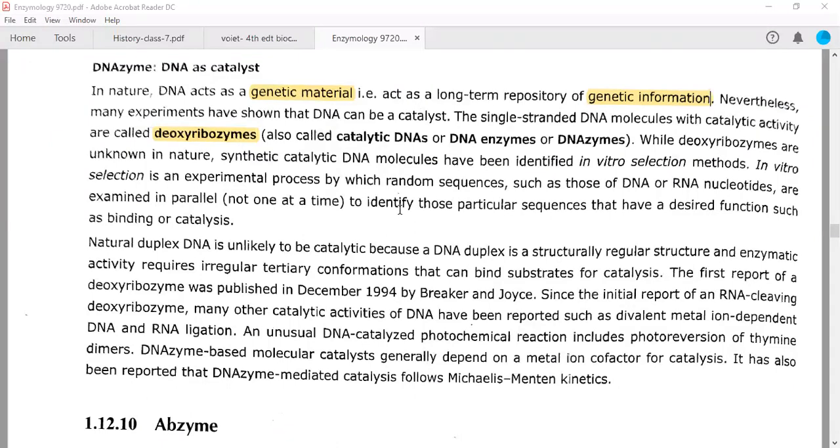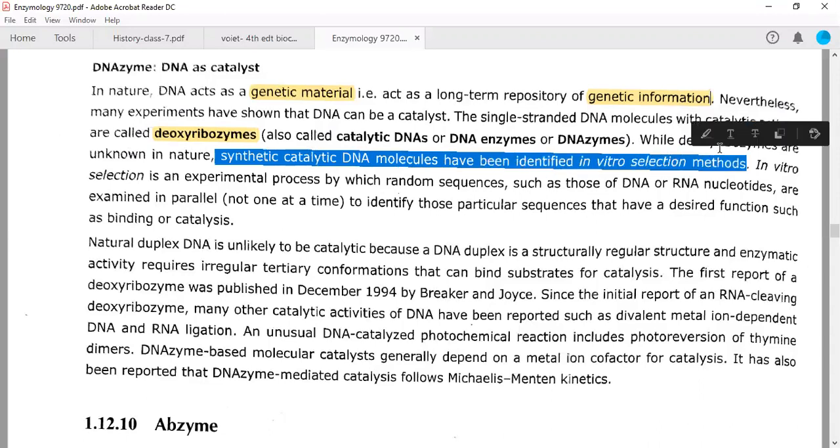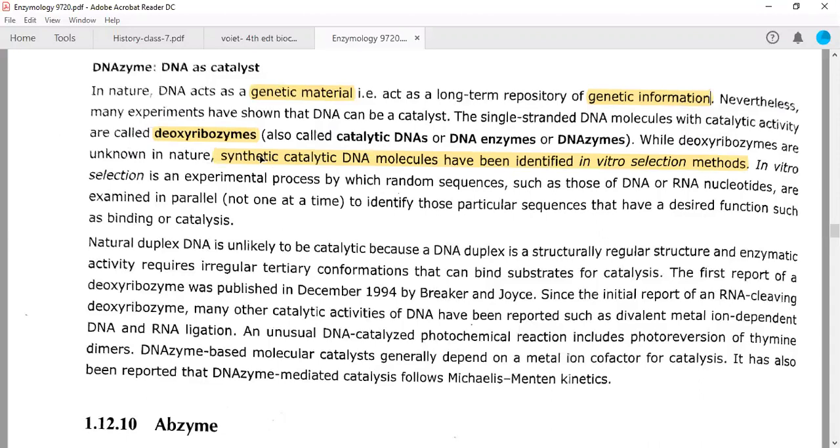Let us look into more details of these. Actually, these DNA enzymes are less known. And second thing is they are not present naturally. Mostly they are synthesized, I mean they are synthetic. While deoxyribozymes are unknown in nature, synthetic catalytic DNA molecules have been identified by in vitro selection methods. In some experiments, we have discovered that some synthetic catalytic DNA molecules can be prepared. In vitro selection is an experimental process by which random sequences